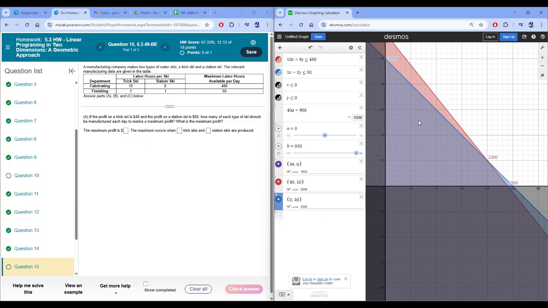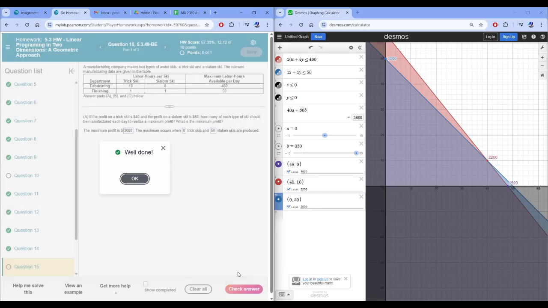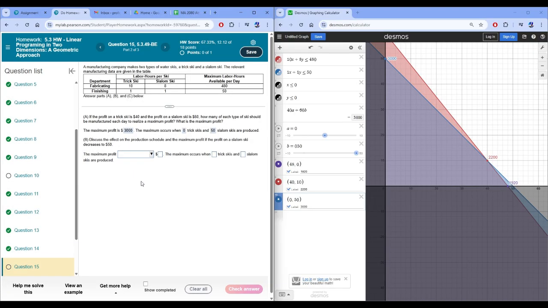Okay, so the maximum profit occurs at $3,000 when 0 and 50. There we go. The maximum profit decreases